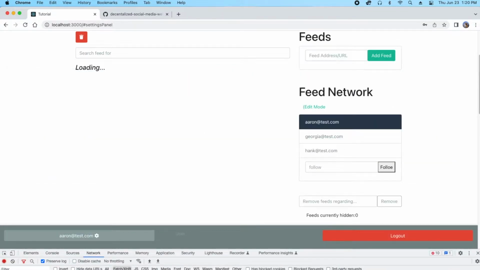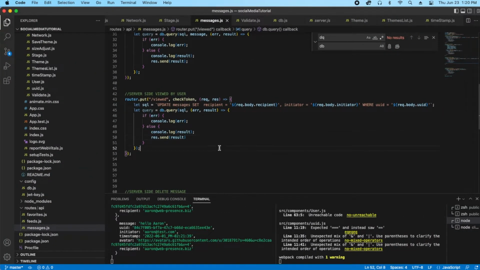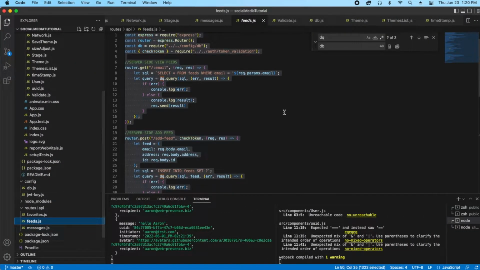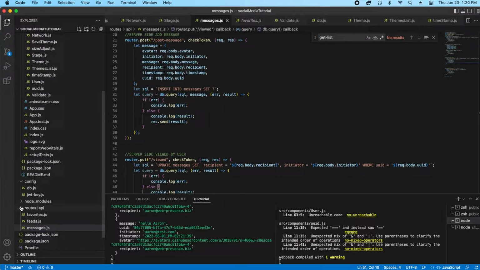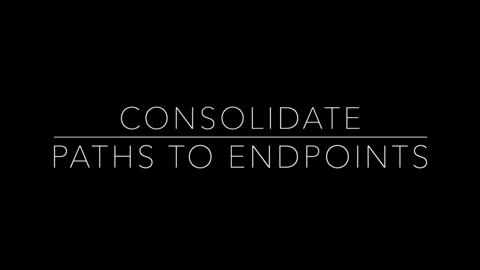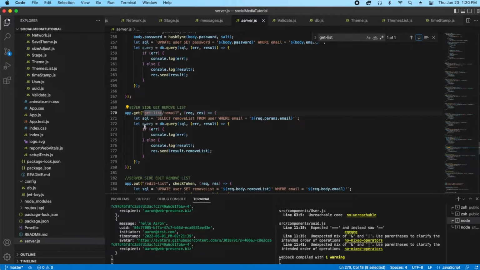And it looks like the network is not getting my list yet. My feed list is not coming in, and I can see right away that we've got some misspellings. The DQ is definitely a misspelling for all the instead of DB. Anyway, so our front end